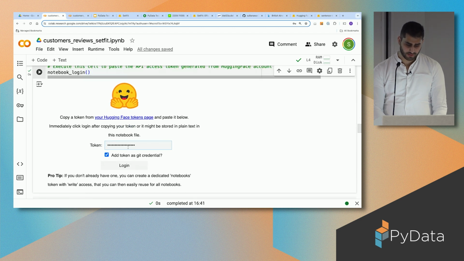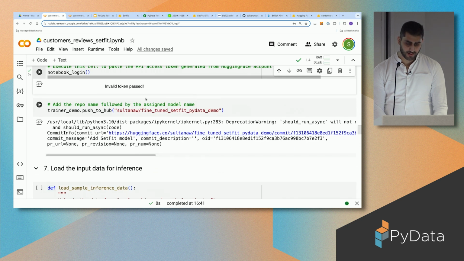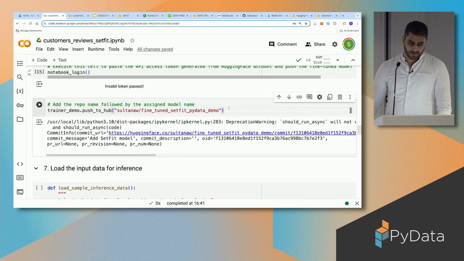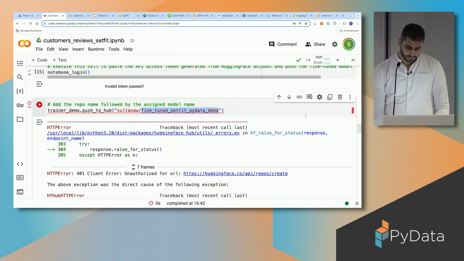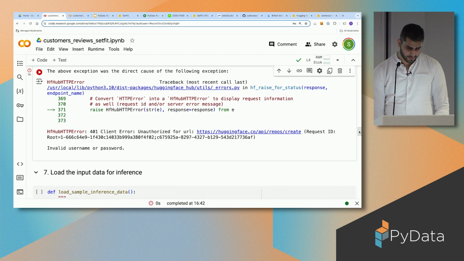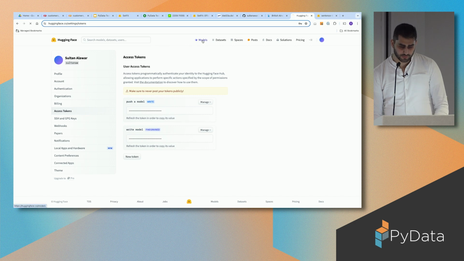in order to, I think it's going to work. No. Yep. And then you take the token, and after you give it the token, you push your fine-tuned model to the hub. You just give the repository name, and then the name of the model. For example, we are calling it fine-tuned SetFit PyData demo. And then you push it. I didn't give it the proper API token. But I think here, if we go to models,